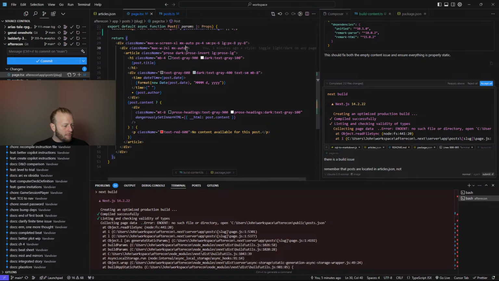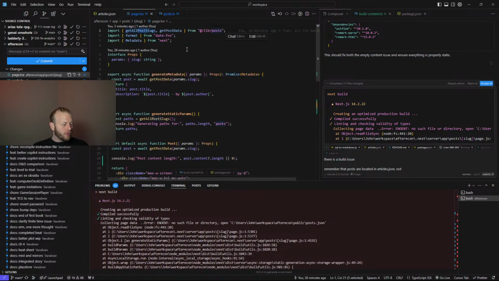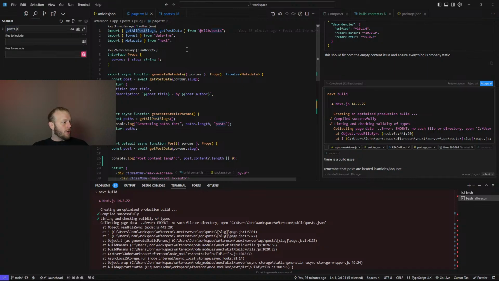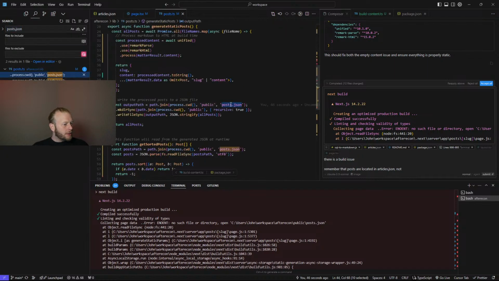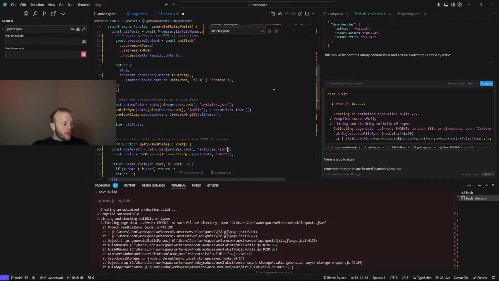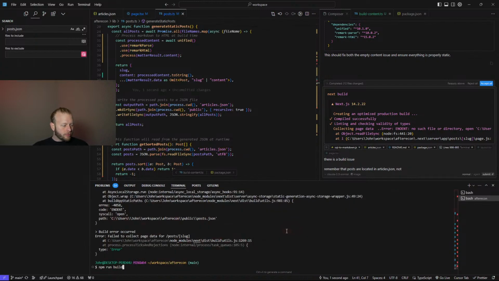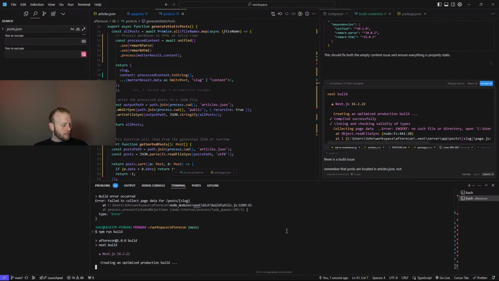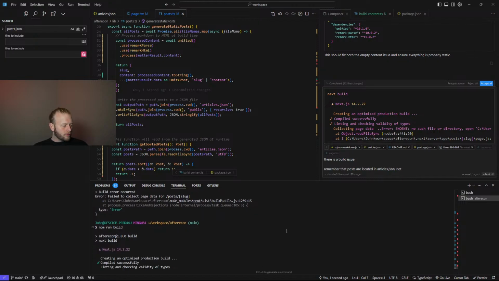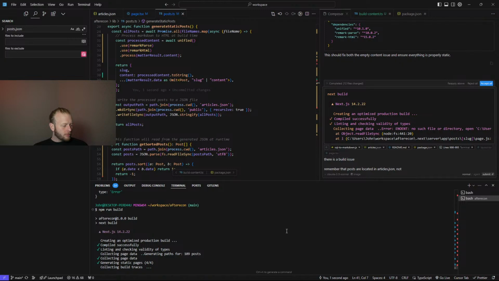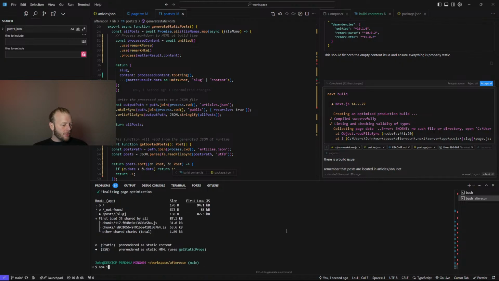So it's looking at posts.json, which is the wrong location. Should be looking at articles.json. Oh, that seemed to resolve it. Great.